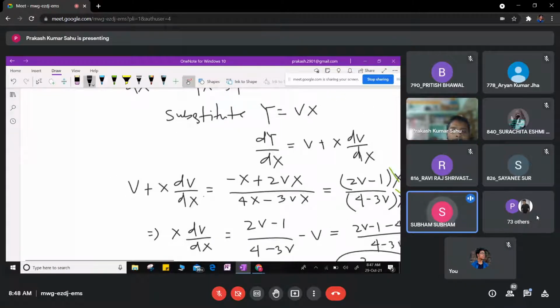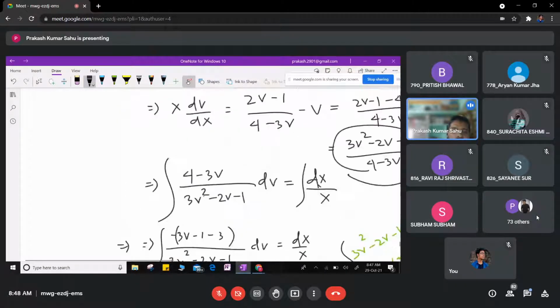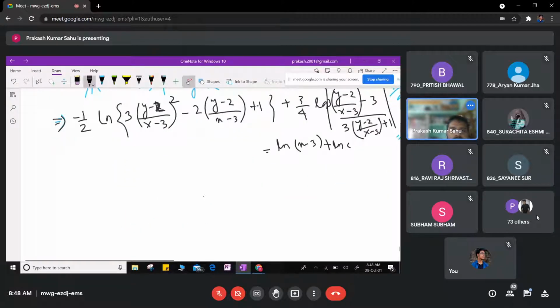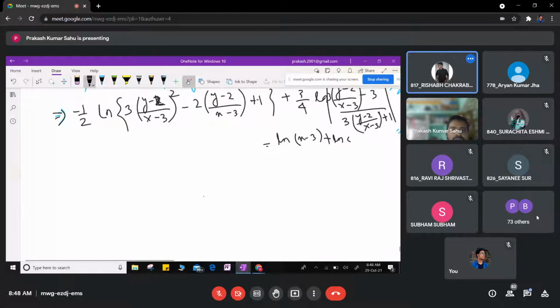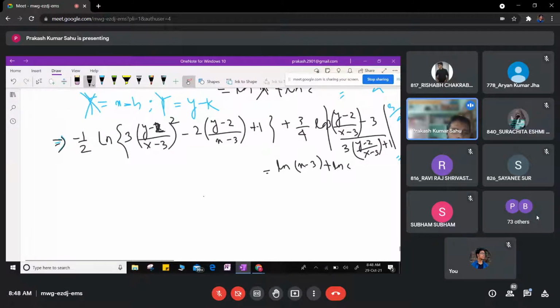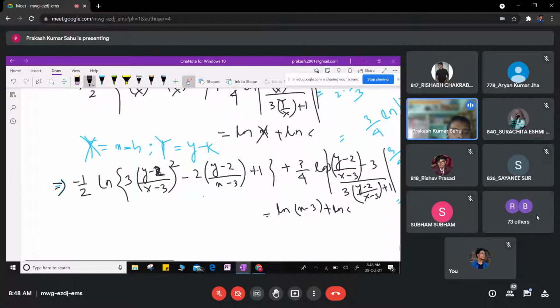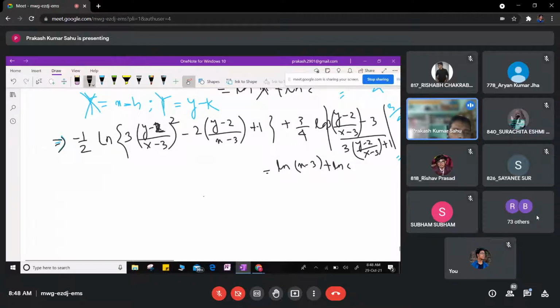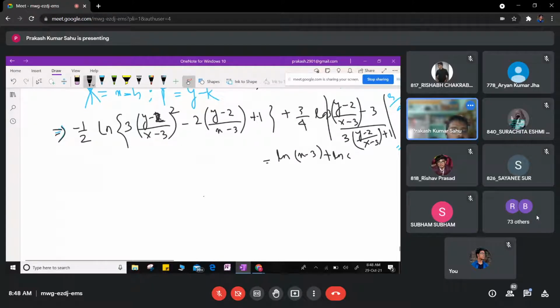Sir, can we get step marking in the exam? Yes, obviously. In mathematics, step marking is already there. Sir, can we keep this in this form? You're right. In this type of question, you can keep it in this form, because it is very lengthy and a complicated solution will come, and if you try to simplify it, it will take more time. But this type of question rarely comes in the exam. If it comes, then you write up to this, and it's okay, no problem.